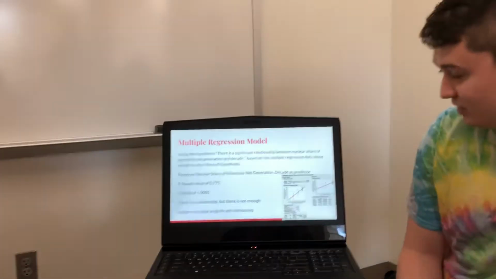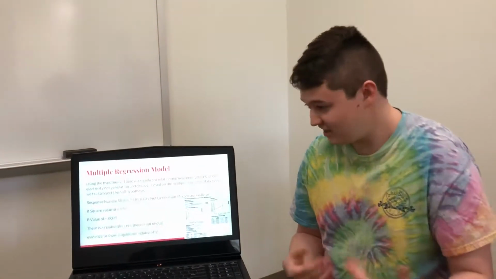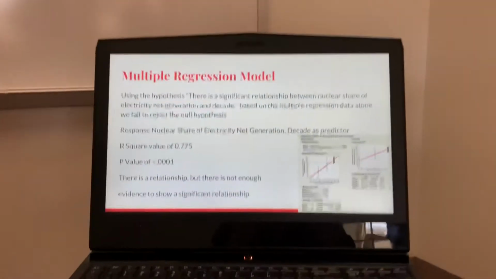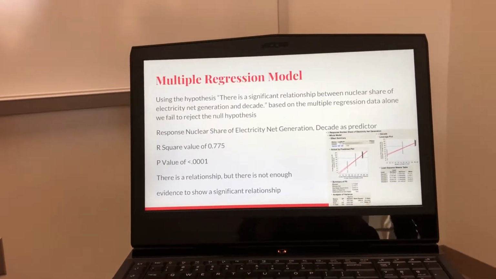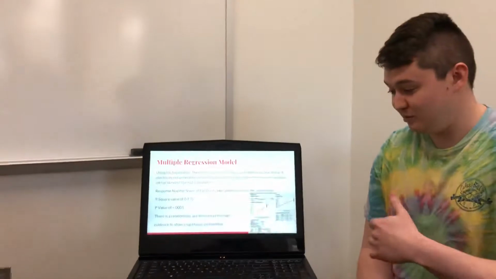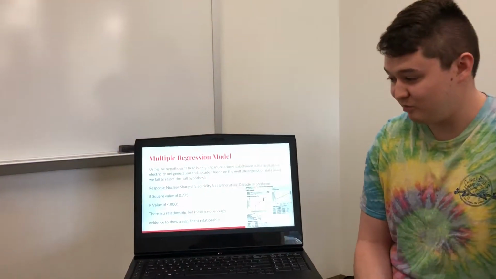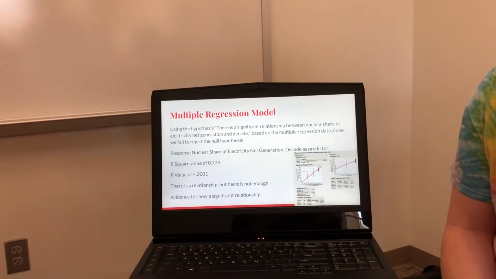Based on the multiple regression data alone, we failed to reject the null hypothesis, and this is because when we initially created a multiple regression model using nuclear share of electricity net generation as the response variable and our created categorical variable decade as the predictor, we found an R-square value of 0.775 and a p-value of less than